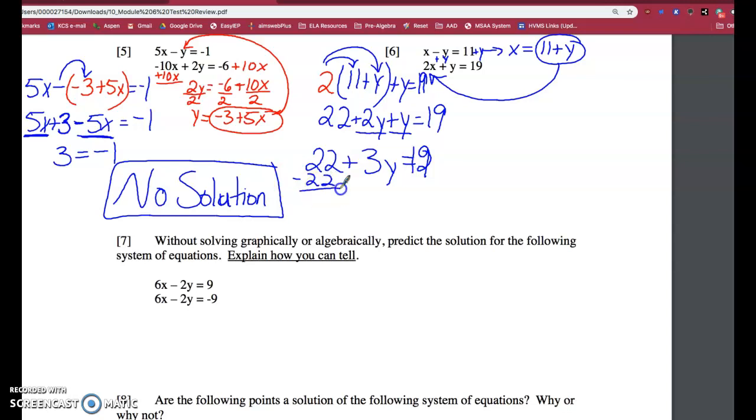Minus 22 on both sides. That leaves me with 3y equals negative 3. Divide by 3. Divide by 3. Y equals negative 1. The second part will